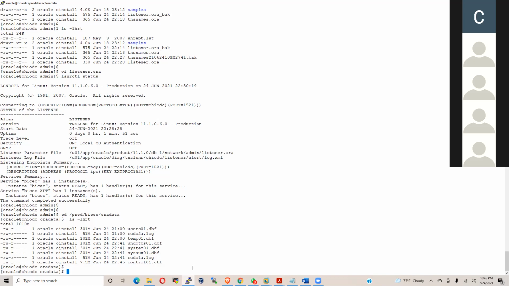When we create a database, we have to create it with 5 data files, which is mandatory: system, sysaux, undo, temp, users. And 2 redo log files are mandatory: redo1a and redo2a. And 1 control file is mandatory: control01.ctl. All these can be created in one location, which is the prod database name or data. That is the combination of CRD files.